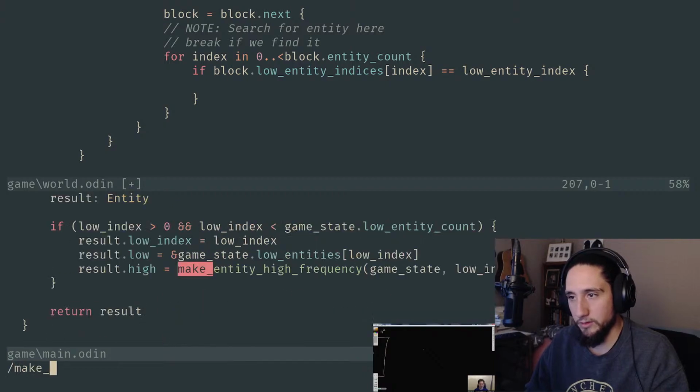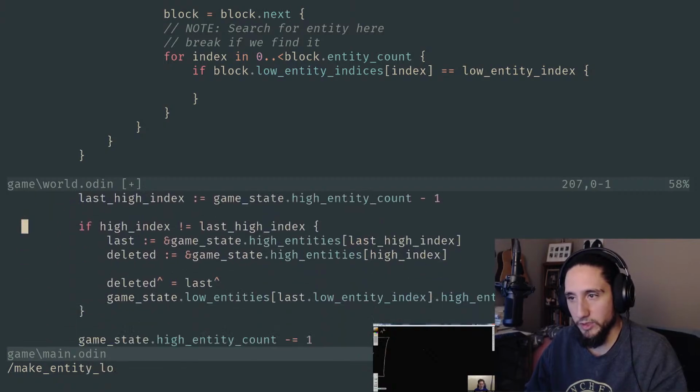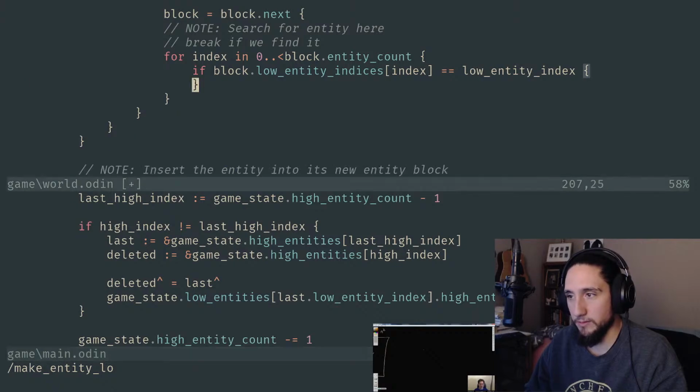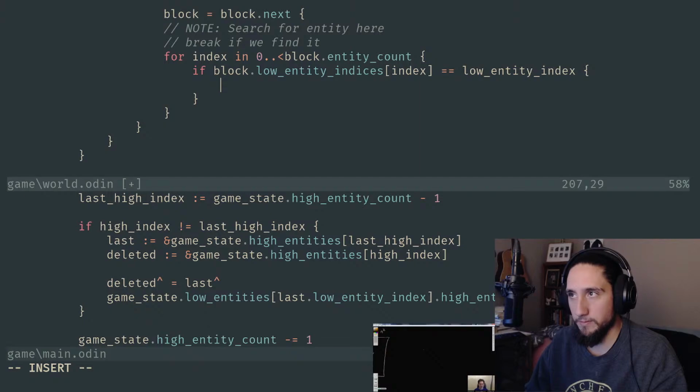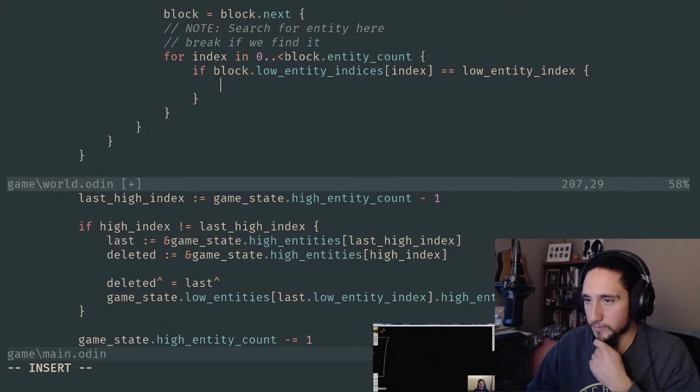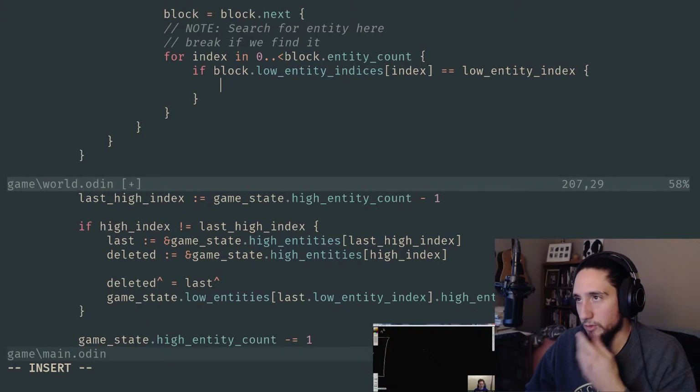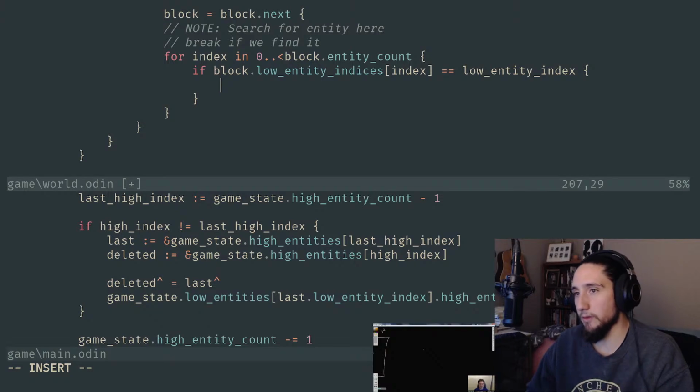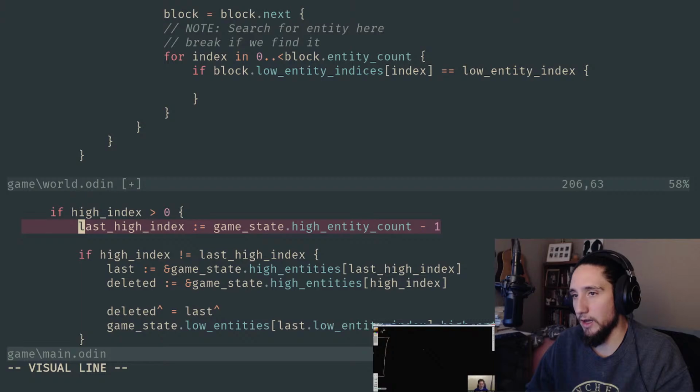Let's go back into that low frequency procedure. And then we say, okay, so if we found it and if it's the last one, well, it's a little bit different. The situation is a little bit different because it might not be, well, whatever its index is. Let me see. Let me think about this. We had the low entity index, whereas down here we had the last high index, and we were comparing those. What we care about here